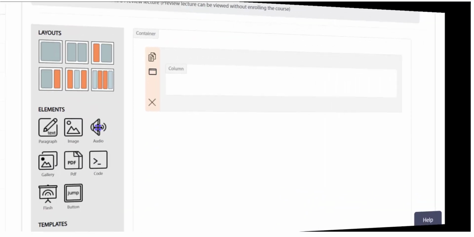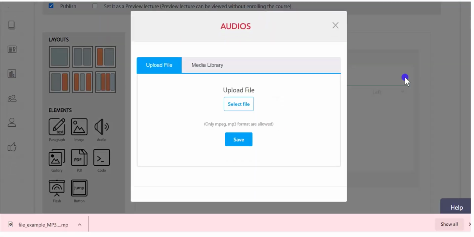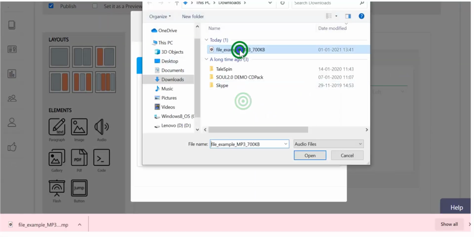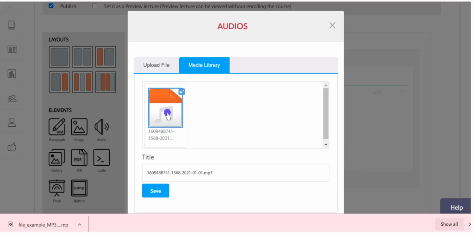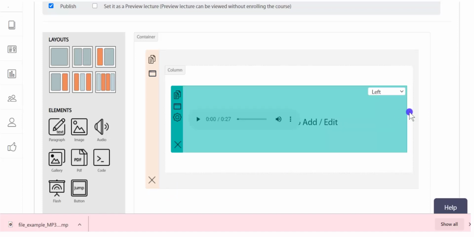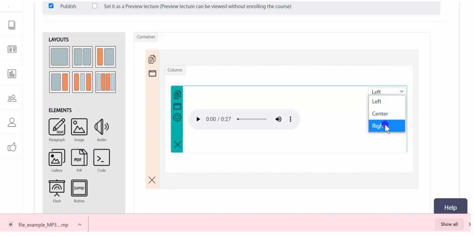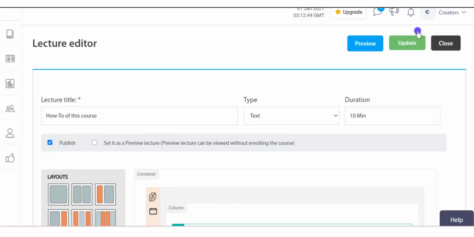Then further, you can insert video, images, outside links, and once you finish editing, click apply changes and the paragraph will appear. Similarly, for the audio element, you can upload the file from your computer, and then select the uploaded file from the media library. You can then orient the player's position to right, left, or center. After editing, you can preview from here, and if satisfied, click update to save the changes.